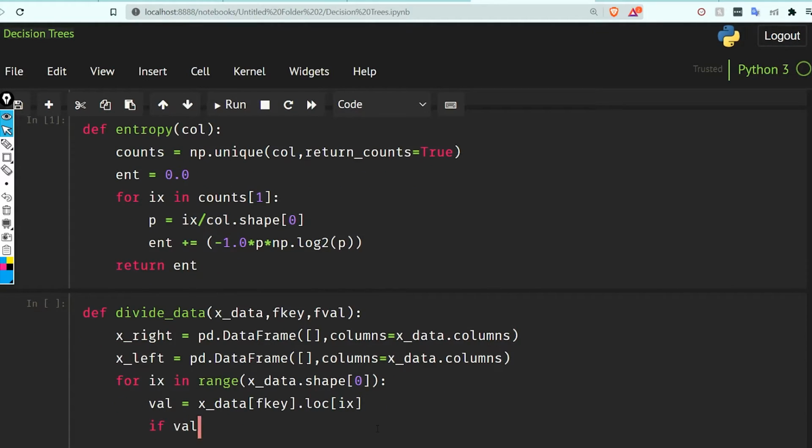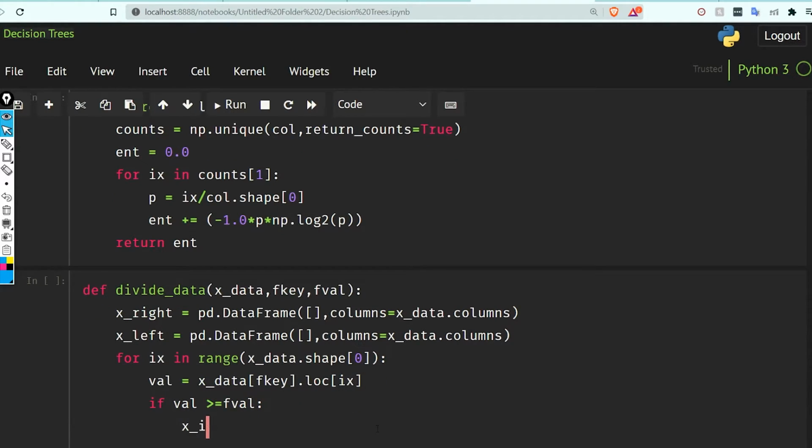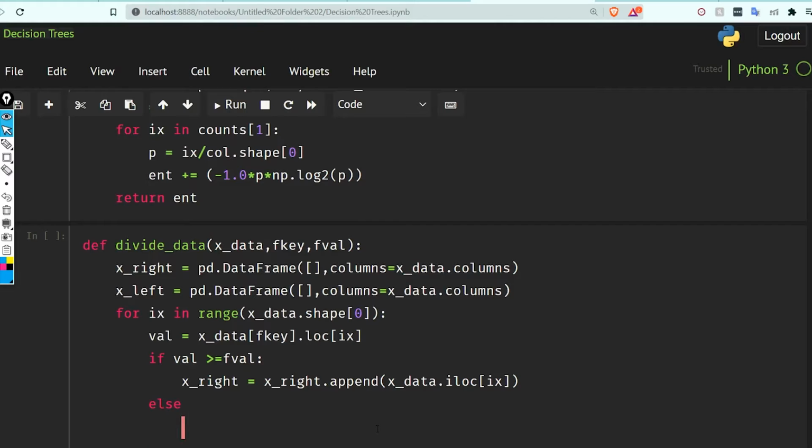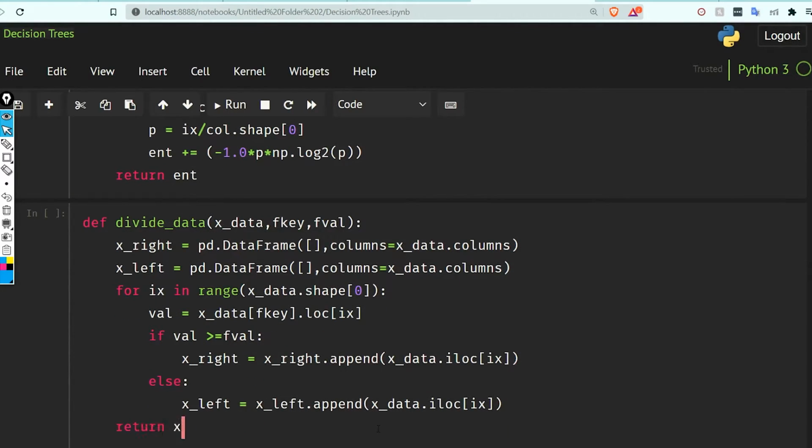So now if val is greater than f_val, it is going to be x_right, then x_right is .append(x_data.iloc[ix]). Else x_left equal to x_left.append(x_data.iloc[ix]), and then return x_right, x_left.